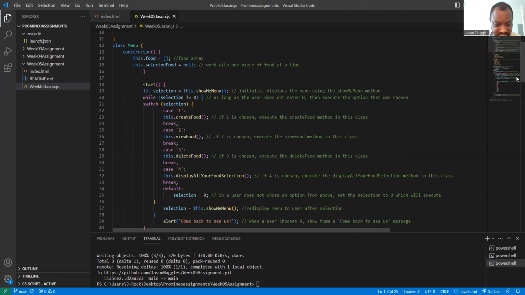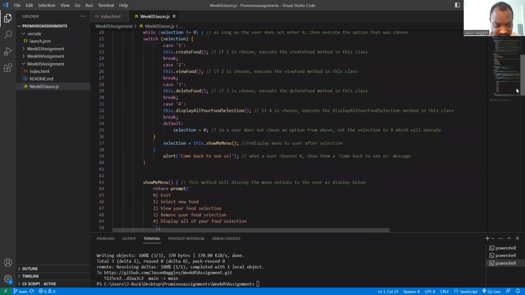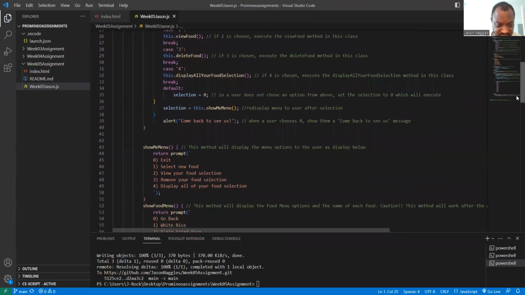And then, if a user does not choose an option from above, set the selection to 0, which will exit the loop. And then in the selection, this show menu redisplays the menu to the user after selection. And then the alert will say, if you choose 0, it will show the come back to see us message. And then in the show menu method,